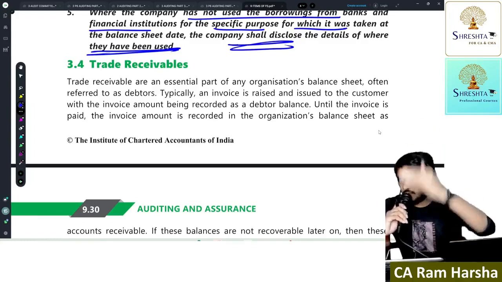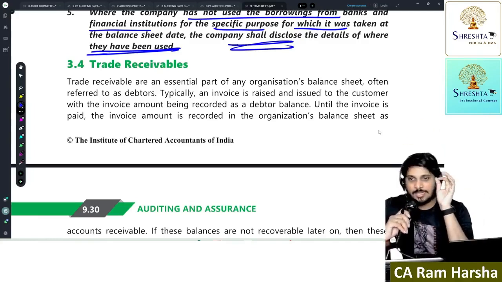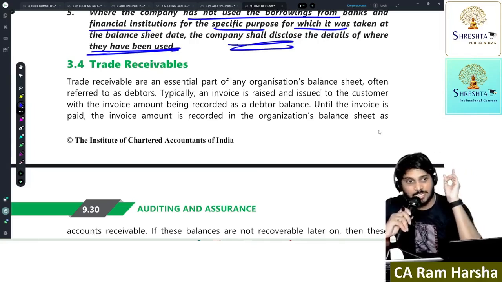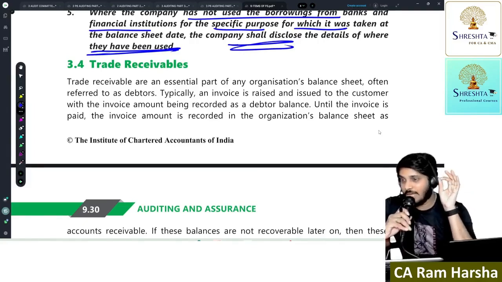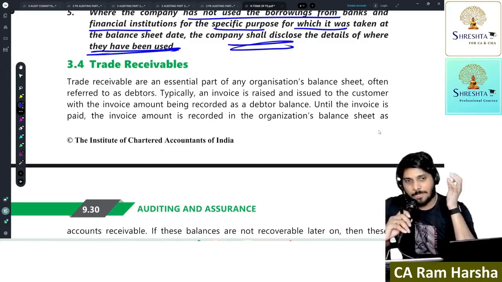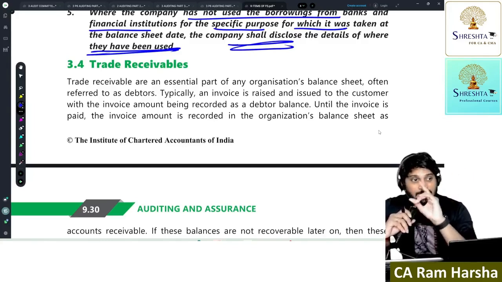First I will take the list of debtors. Then I will take a sample. Then I will trace to the sale entries in the books of accounts. Then first of all, I will check on what basis the company sells goods to customers on credit. I will look at the credit worthiness policy of the company. Then I will send external confirmation. In this debtors verification, external confirmation is important.